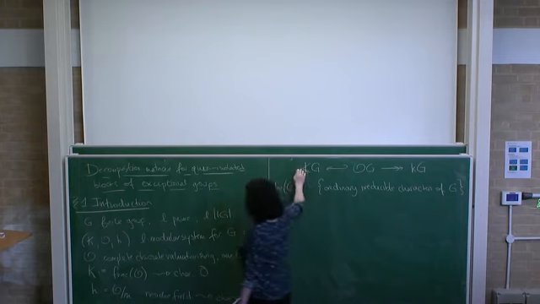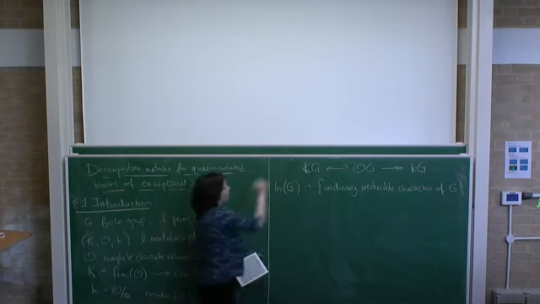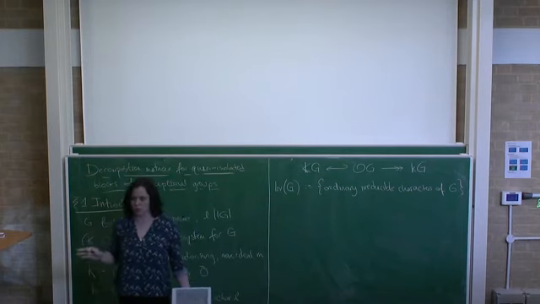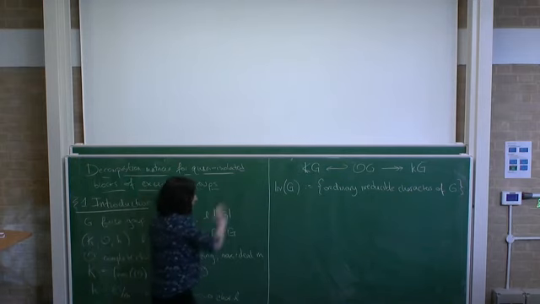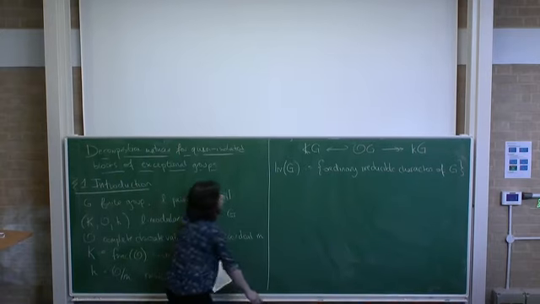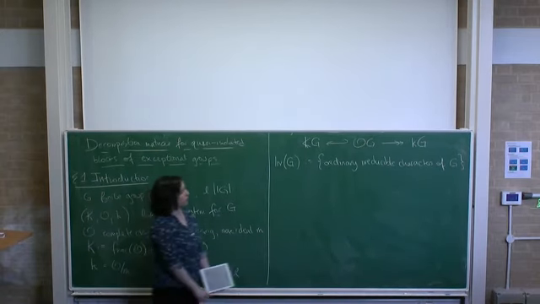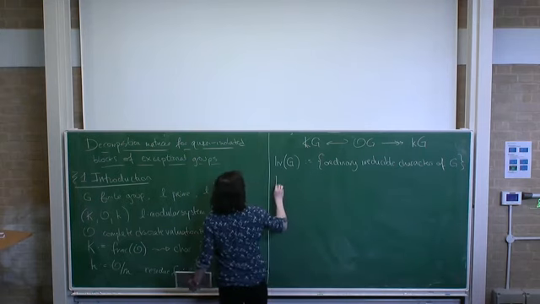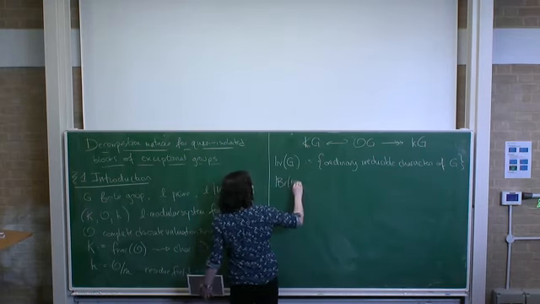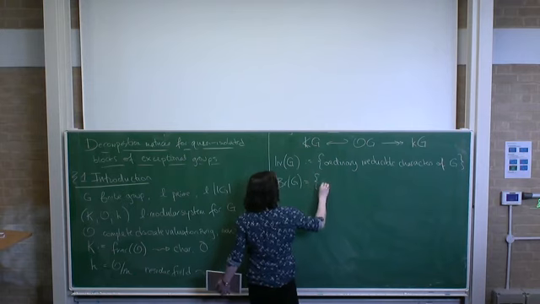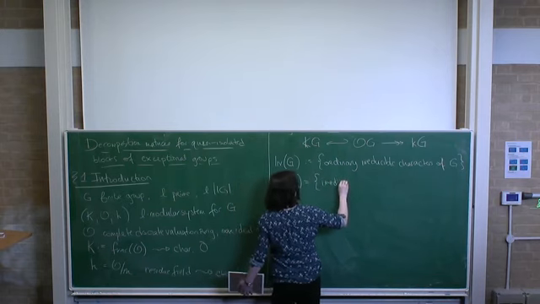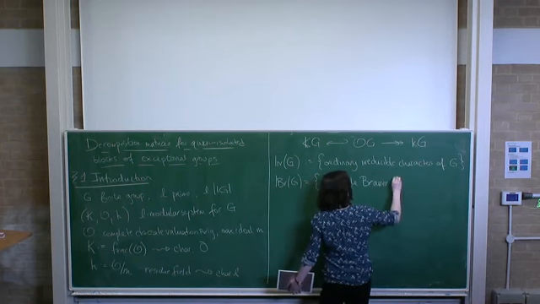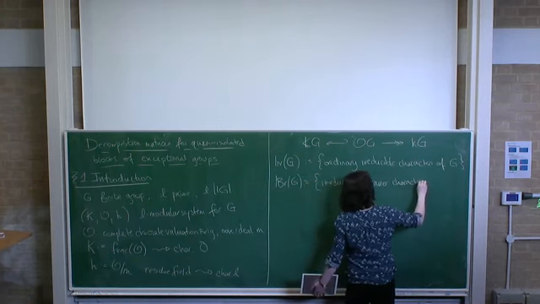So the first character theory, I will denote the ordinary irreducible characters of G by Irr(G). Okay, so these are the characters here for representations over this field of characteristic 0, so you can just think of these as the normal complex valued characters. It will be the same character theory even if you just think over C. Okay, but we also have a character theory on this side, and I'll denote those irreducible characters by IBr(G). So these are irreducible Brauer characters